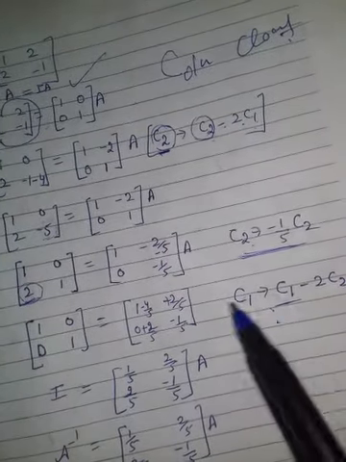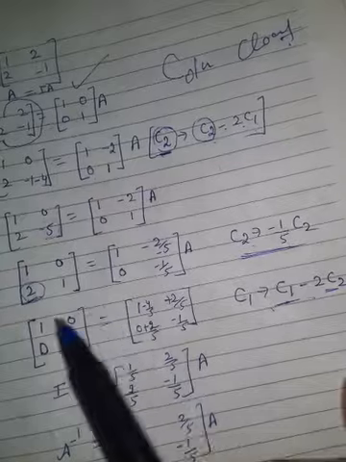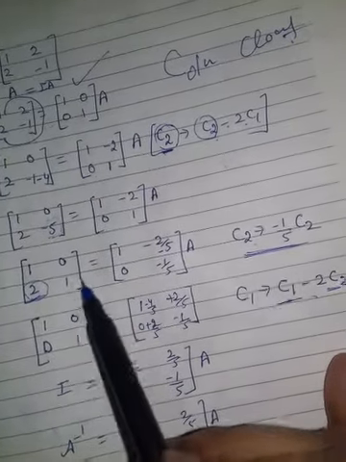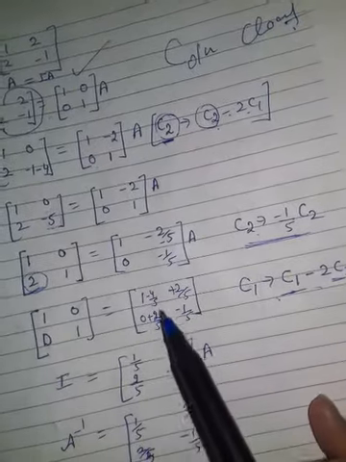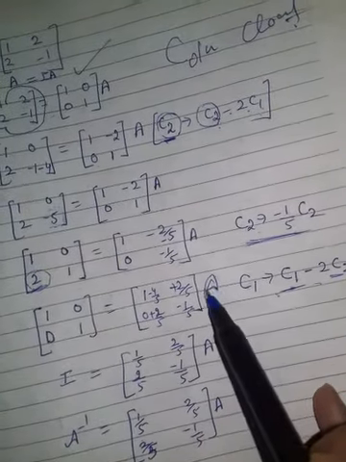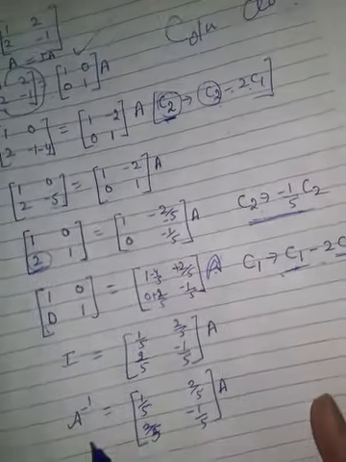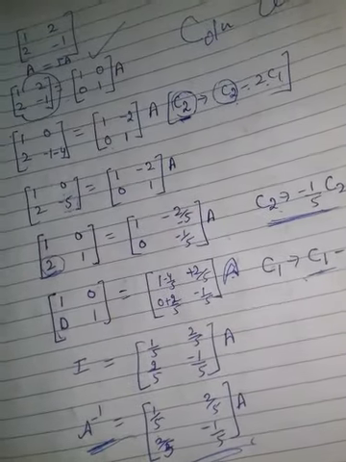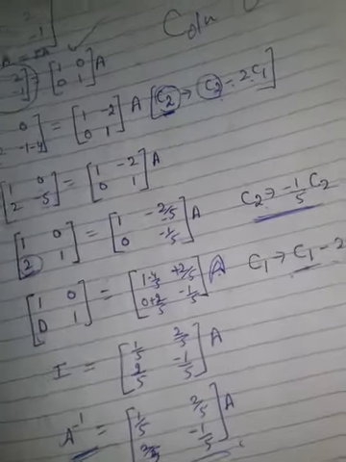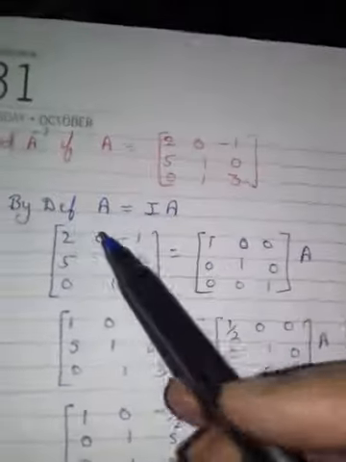C1 पे ऑपरेट कर रहे हैं कब? जब C2 को 2 से मल्टीप्लाई करेंगे, same के साथ मल्टीप्लाई करते हैं और सब्ट्रैक्ट करते हैं, 0 बन जाएगी. Similarly we are operating here also. You know what is this? This is A. It will become A inverse here. Clear? I hope you are getting it. Only your motive will be in that manner we are doing.